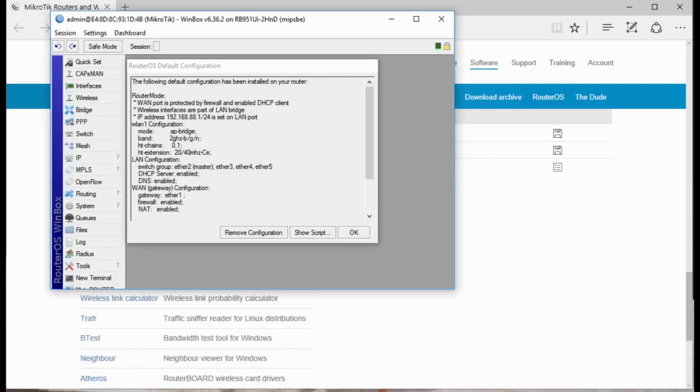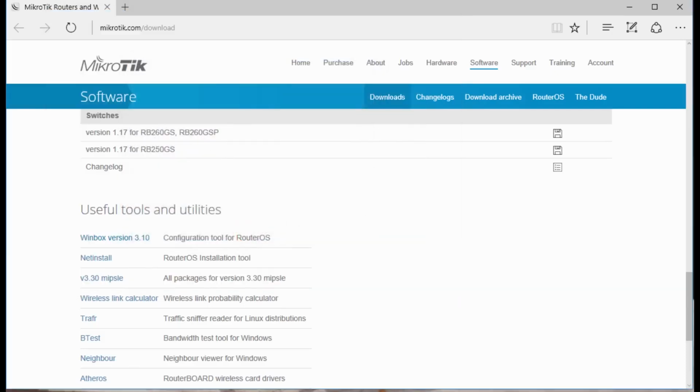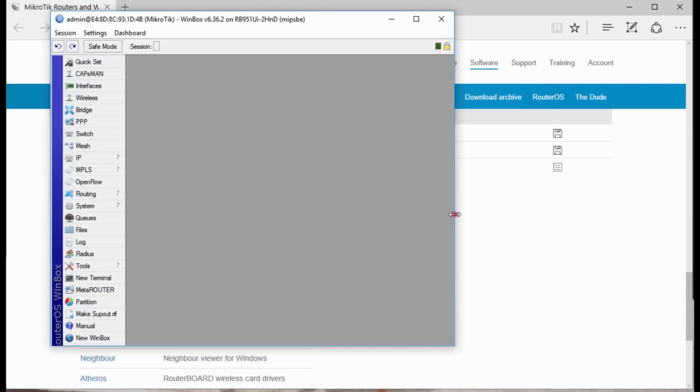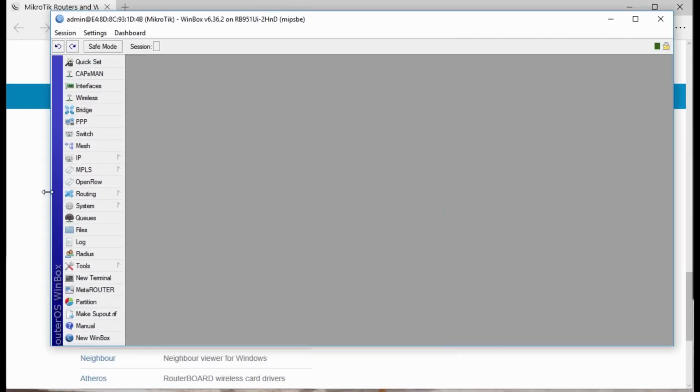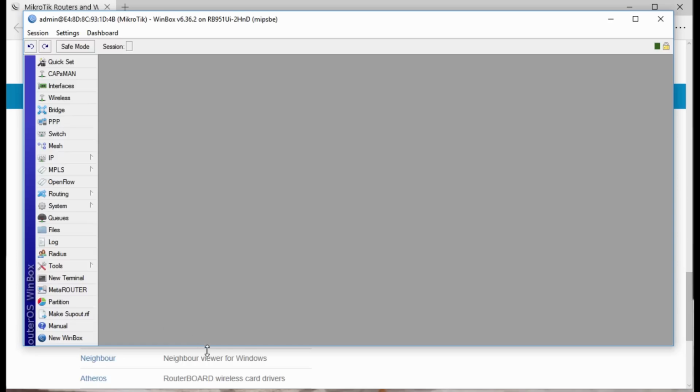Because it is the first time you're configuring your router, it's going to ask if you want to use the default configuration, but we're not going to use that. We're going to configure our own. So we're going to click remove configuration. Let me just open this window a bit wider. Alright, so